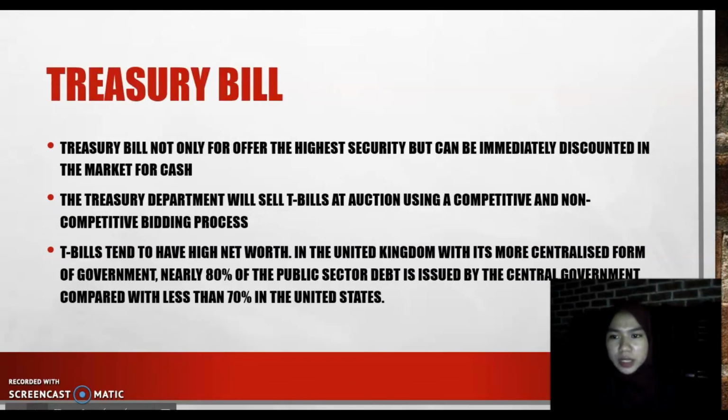Next is Treasury Bill. Treasury Bills not only offer the highest security but can be immediately discounted in the market for cash. The Treasury Department will sell the bill at auction using a competitive and non-competitive bidding process. T-bills tend to have high net worth in the UK with its more centralised form of government. Nearly 80% of the public sector's debt is issued by the central government, compared with less than 70% in the